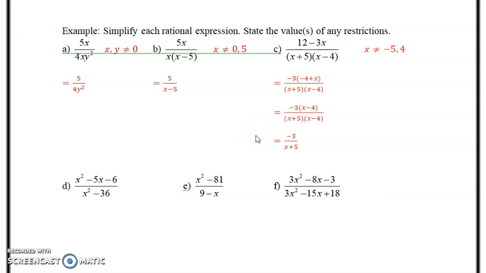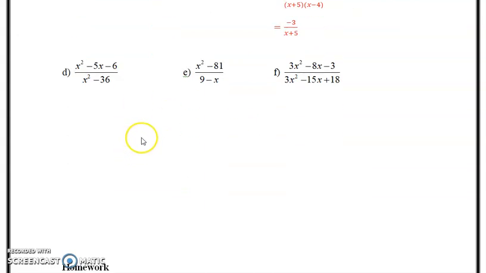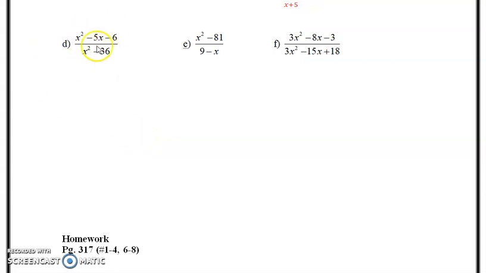Hello everyone, welcome back. We're going to finish off section 6.1 with 3 more examples. They're listed as E, F, G on your sheet. You've seen I changed them to D, E, and F instead. So the first one here, you'll notice that there's going to be some factoring involved, like I mentioned in the